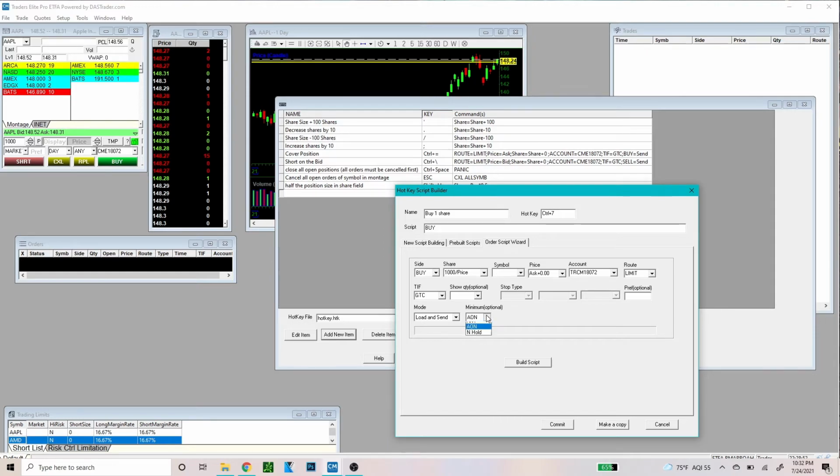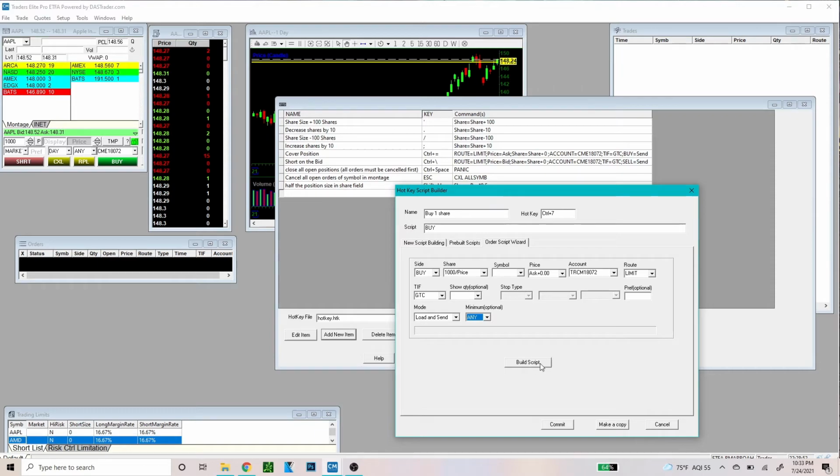So all or none means that if it can't buy 1,000 shares for you, it won't go in. The any means if it can get only 500 shares for you, it's going to put 500. But if it can't, it's just going to try to bring in as many shares as it possibly can. So let's put it any, so we can at least get in half position size if they don't have 1,000